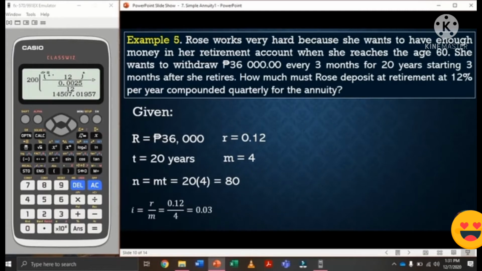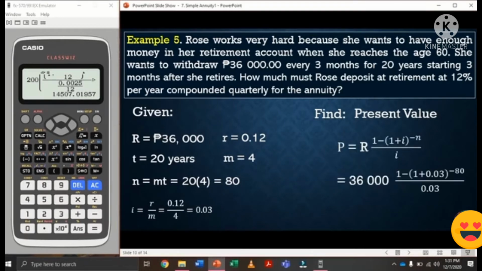Okay? Kaya importante na ma-identify nyo yung mga ginagamit natin, no? Ng mga variable for your formulas. The answer is 0.03. Okay, since ang hinahanap natin dito ay present value, kasi nga, magkano daw yung deposit niya, no? Na every 3 months, makakuha siya na, or every 3 months, yung regular payment is 36,000. So, therefore, ang hinahanap natin is present value using the formula. So, that is 36,000 times 1 minus 1 plus 0.03 raised to negative 80 over 0.03. And the answer is